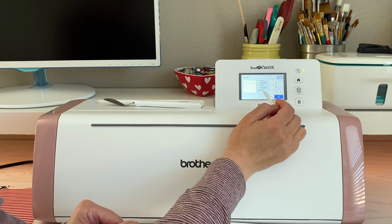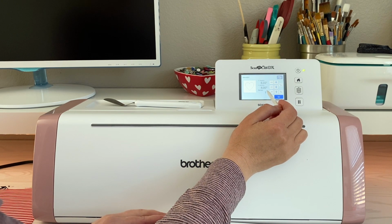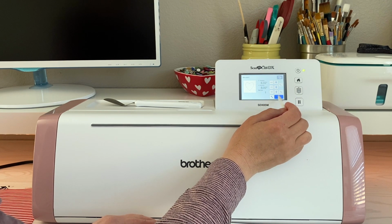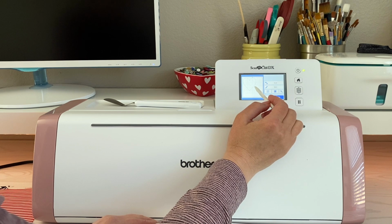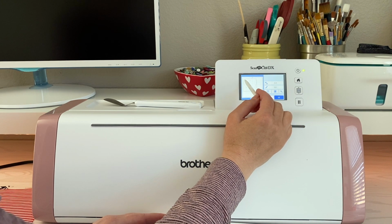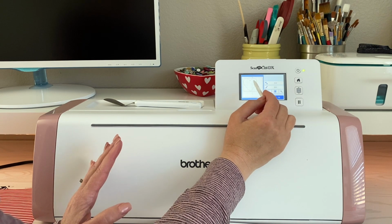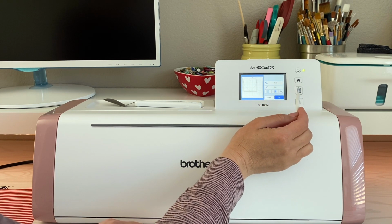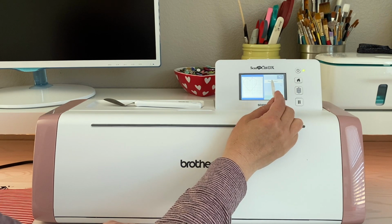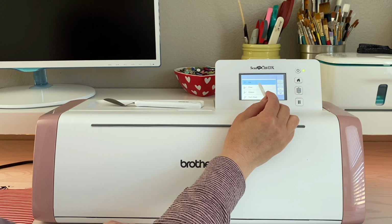Okay, so we have one, and I'm just going to cut one out of this material and then I'll switch to a different material. I'm going to pick set, and there I have it on my mat. I like to move mine down away from the edge if I'm just cutting one of something on fabric. So we have that set. We're going to click OK. We're going to select cut